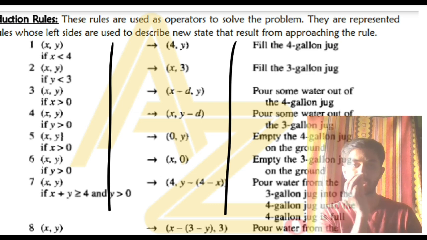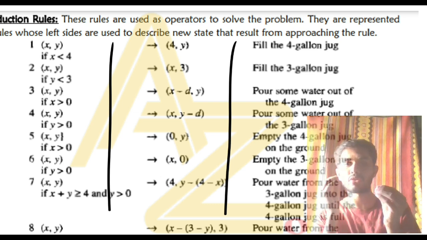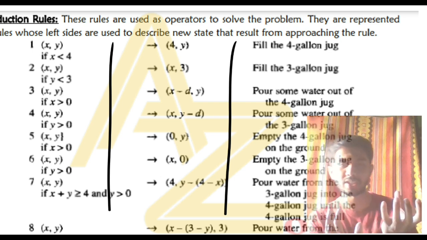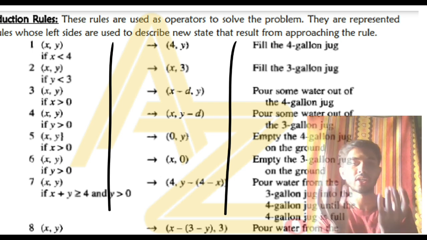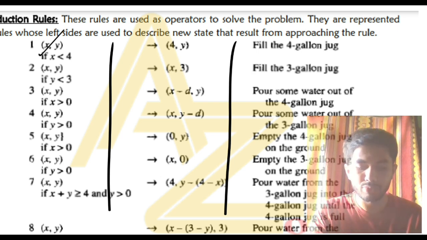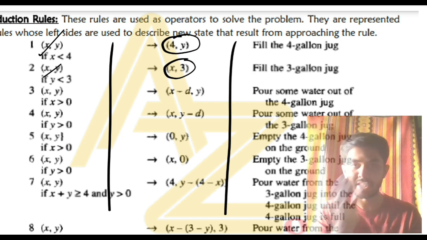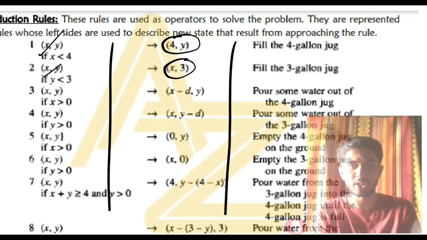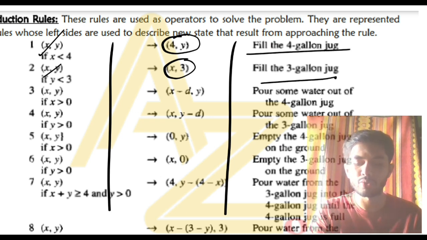In these 3 columns, you'll be having some rules. Rules means if you are in a particular state, and if you want to reach a particular state, what are the rules you'll follow? For example, if you have empty jugs, just listen to this story, you will easily get to know what these rules are. It's not that difficult. You have 2 jugs here, 3 liter, 4 liter, and you can either fill this full or you can fill this full. That only is the first 2 rules. If x is less than 4 or if y is less than 3, you can make it 4 and you can make it 3. Means the 4 liter jug you can make full, the 3 liter jug you can make full, even if it is not full.